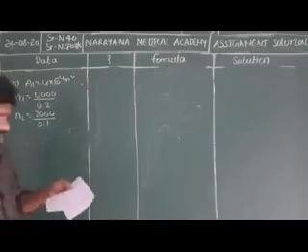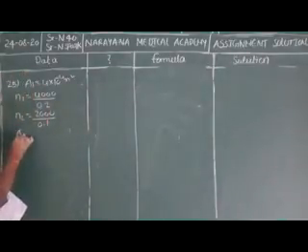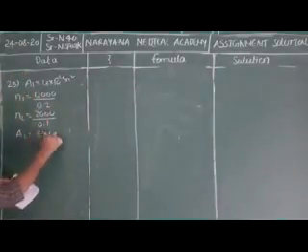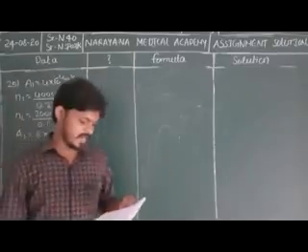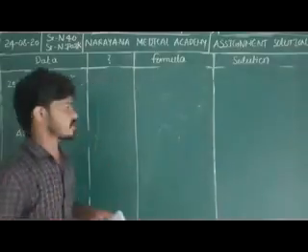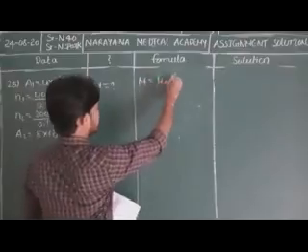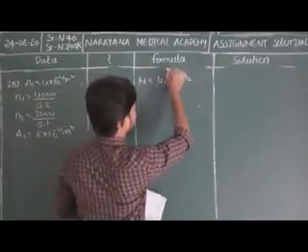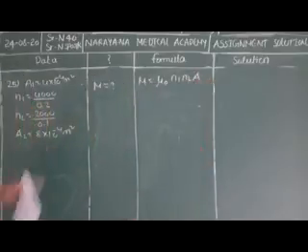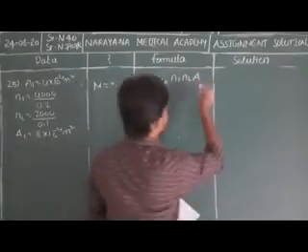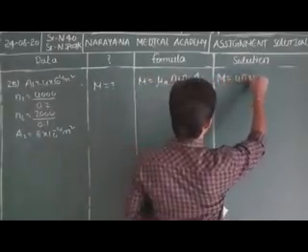So question number 25. A solenoid of length 20 centimeter, area of cross section 4 centimeter square. So A1 is equal to 4 into 10 to the power of minus 4 meter square, and having 4000 turns. Length is 20 centimeter, nothing but 0.2 meters. This is the value of N1 by L1.